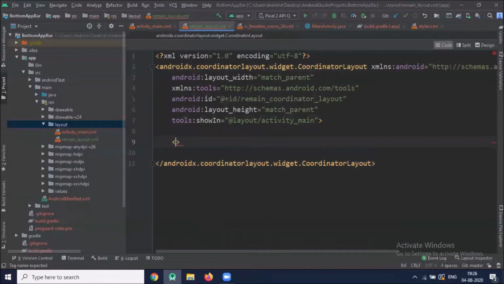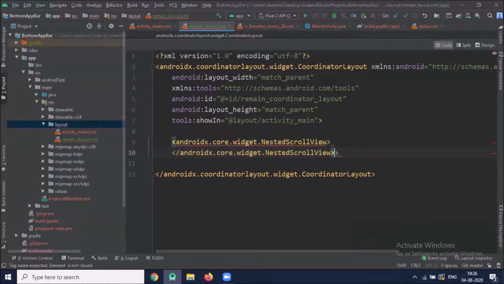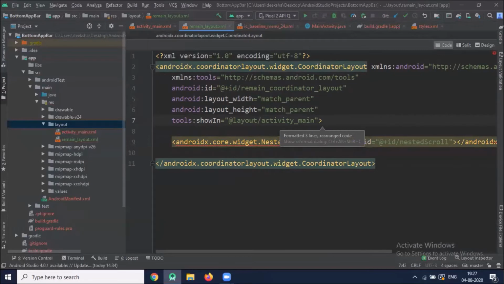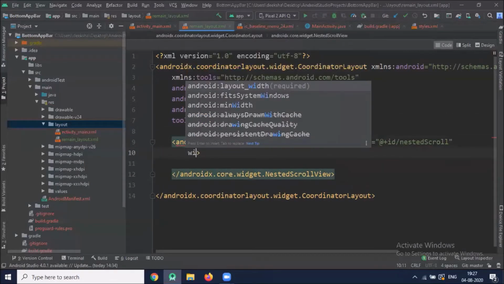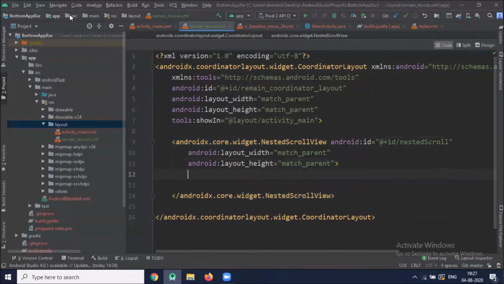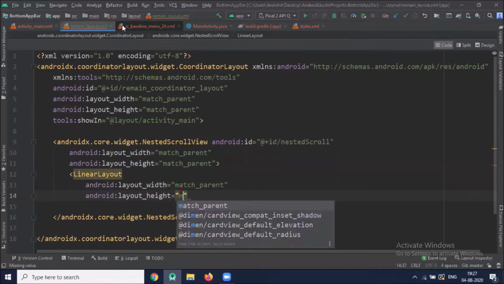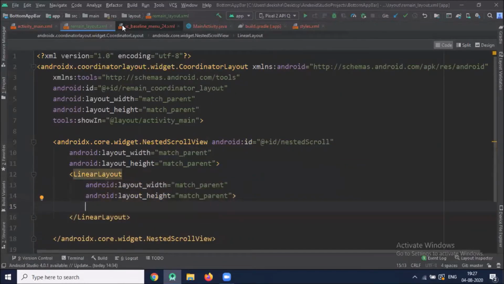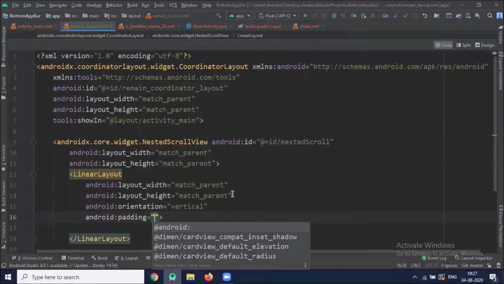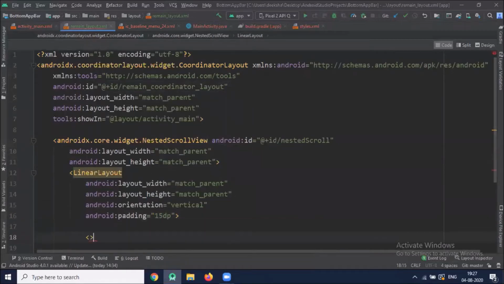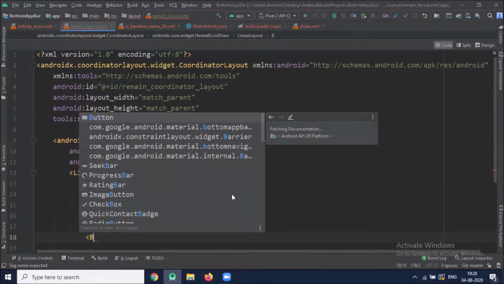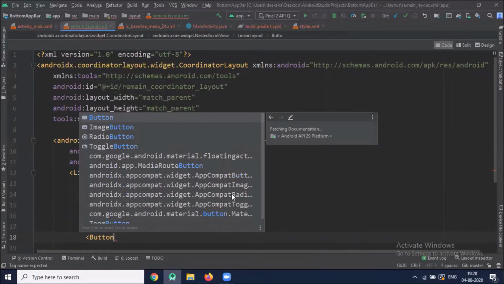Now inside this, we add one nested scroll view. Inside this linear layout, we will add one button. So when I click on button, it changes the position of our floating action button.